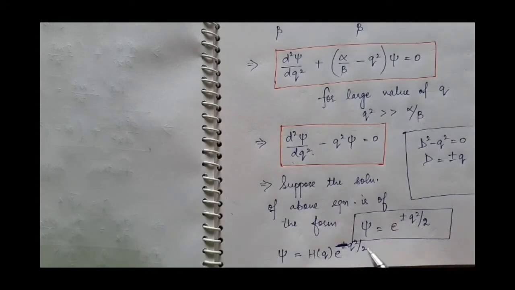Why? Because when x approaches infinity, q will approach infinity, and psi will be equal to e raised to power minus infinity, which is 0. At infinity, we know that the value of the wave function is 0, because the probability of finding the particle at infinity is almost 0. So in the next video, we will solve this equation, psi is equal to hq e raised to power minus q square by 2. By solving this equation, we will calculate the energy of the simple harmonic oscillator from the quantum mechanical point of view.